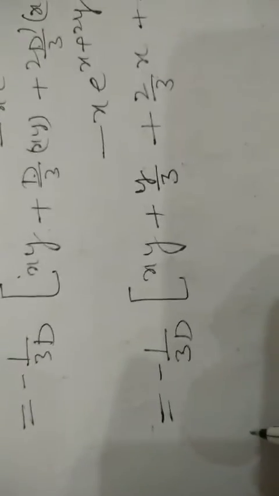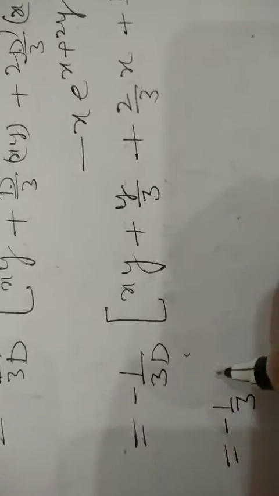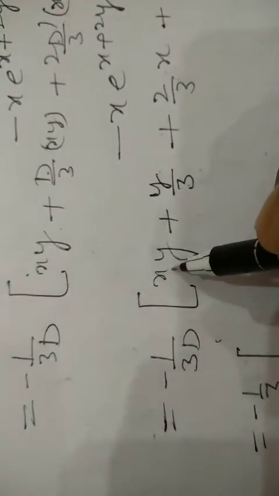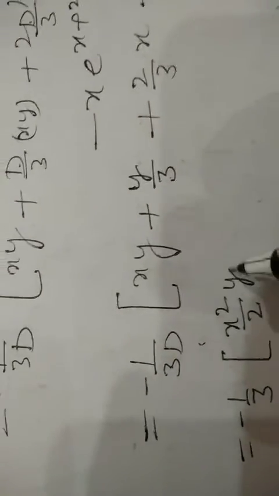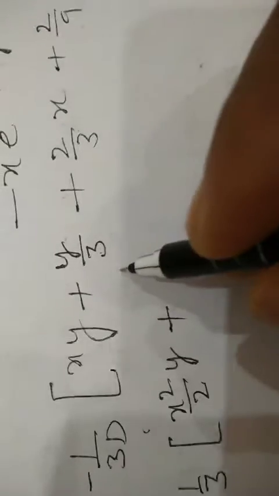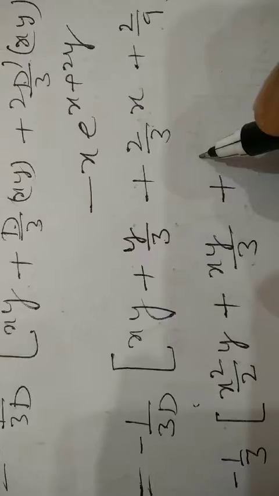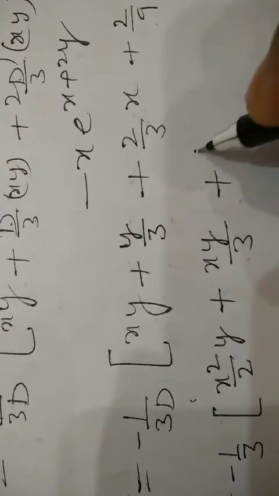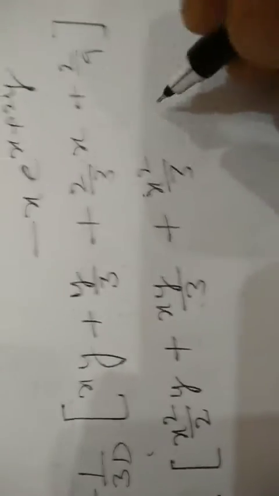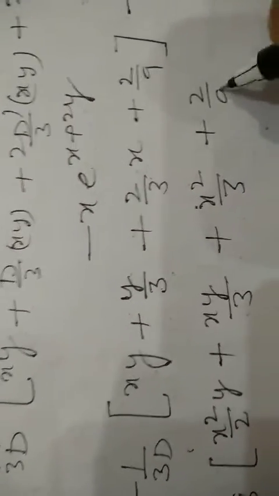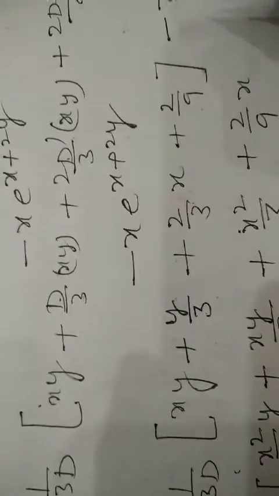Now here students, just see minus 1 upon 3, as we know that D stands for the differentiation, so 1 upon D stands for the integration. So here after integration it becomes x square by 2 y. Integration of this becomes xy by 3. Integration of this becomes x square by 2, cancel with x square by 3. Integration of this becomes 2 by 9 into x. Okay